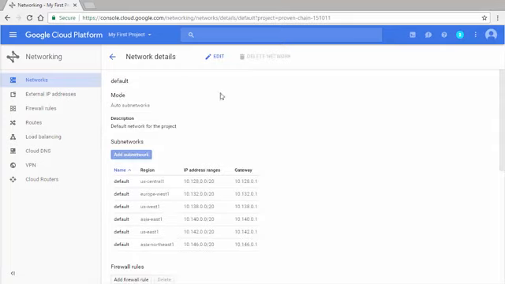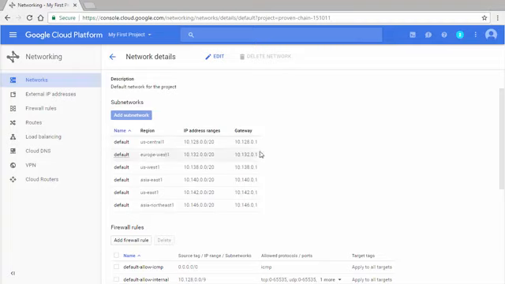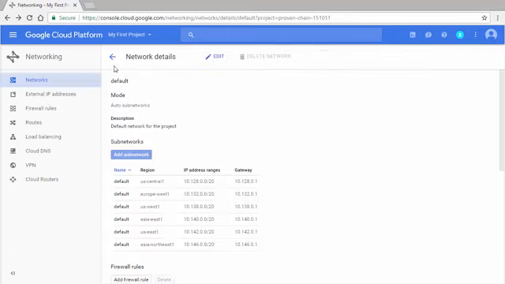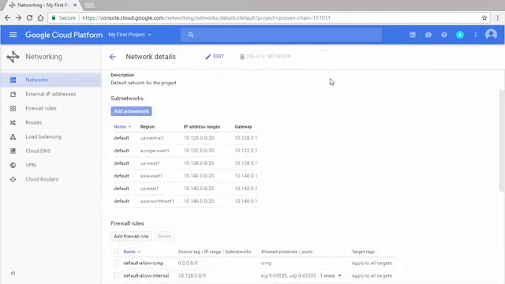In the default network, each subnet has a default gateway and the subnet can't be changed. They use 20 bits per network ID and 12 bits per instance address. So you can create up to 4,096 instances per region without another network.